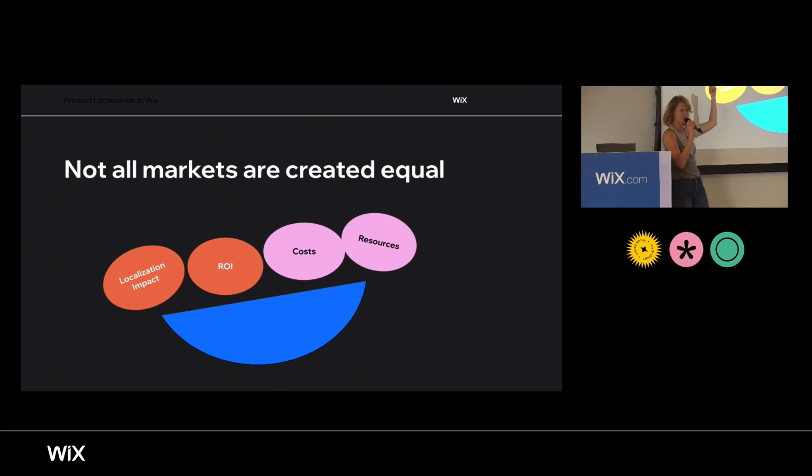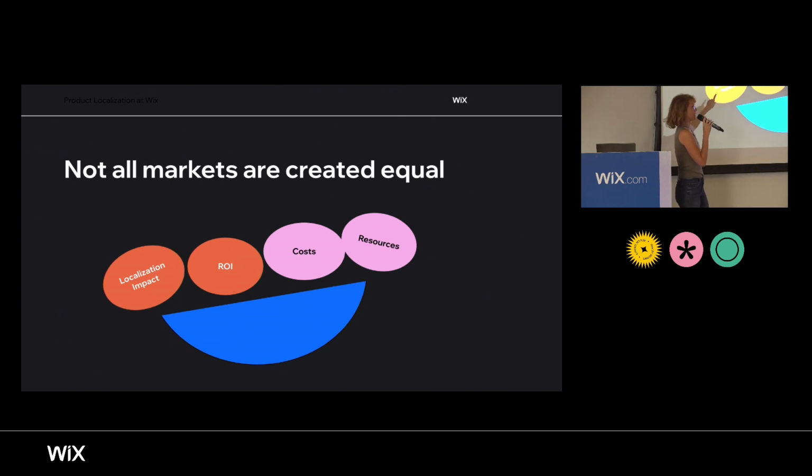When I showed you this earlier, this funnel, and US and Germany, this is where we said, wow, the numbers are not good in Germany. Let's think about what the numbers are in Germany and everywhere else and how our users are using Wix everywhere else. If we make these tweaks, what's the impact that that can have? Because it's a lot of work to do a unique funnel for a specific market. And at the end of the day, we looked and we were like, it's worth it. These users need a specific funnel. And the numbers were great afterwards, by the way. So we need to think about that.